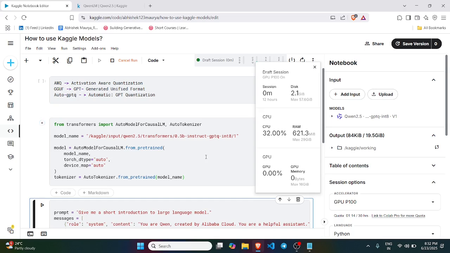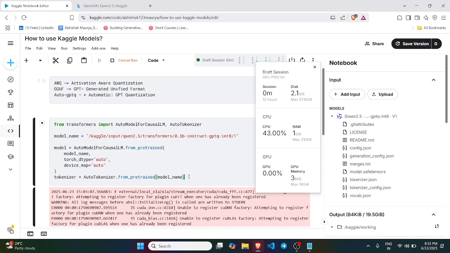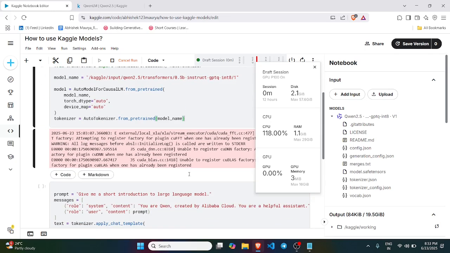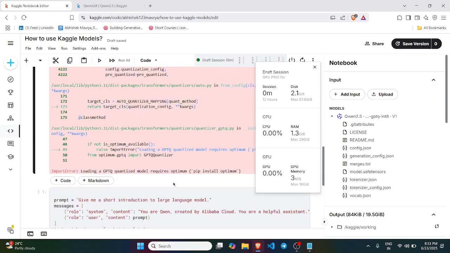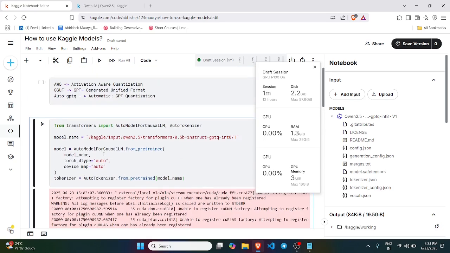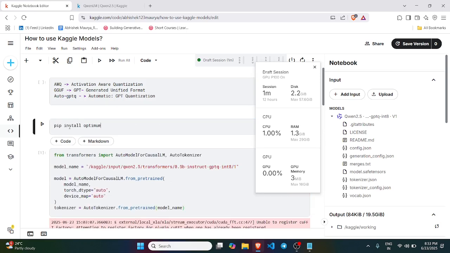So will this get loaded? You can see that there are these safetensors. Basically, it is loaded in the PyTorch format. That is the format when you load it using transformers. If you load it using Keras, it will be in TensorFlow. So that's what it is. So I am getting an error. What error is it? Pip install optimum. To load a GPTQ quantized model, it is telling me I need this optimum module or library, I would say. So let's download this very fast,